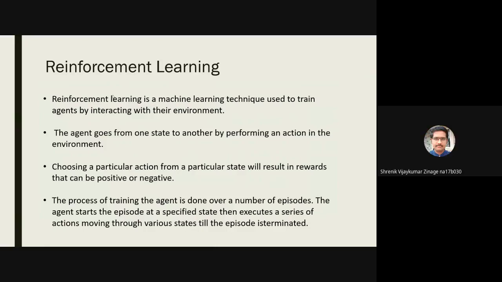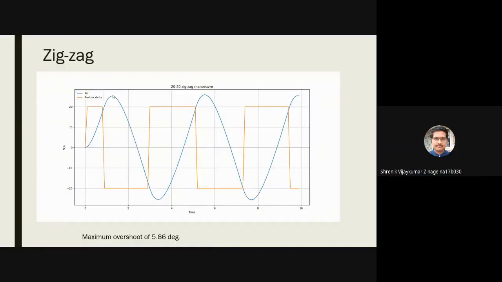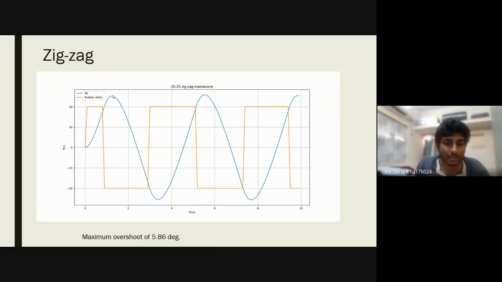Rohit, I had a question regarding the maximum overshoot angle that you recently explained. If the maximum overshoot angle is high, what can we say about the dynamics of the ship? Is it stable or unstable? What can we depict from that? So it just says it is difficult to change course. Yes. If the maximum overshoot is high, it means that the ship takes a longer time to come back to change its direction.